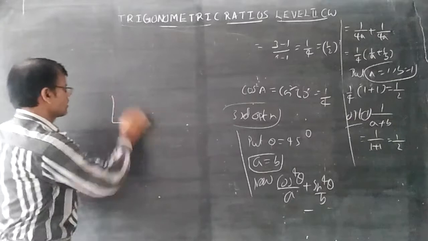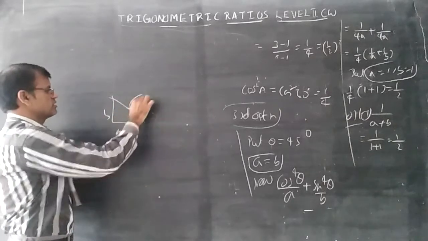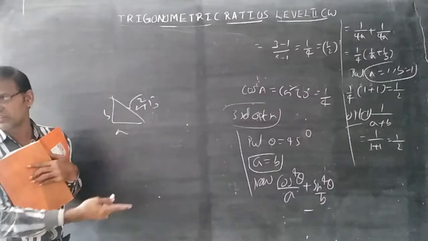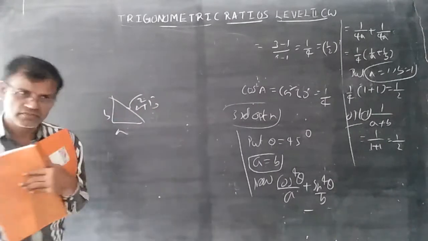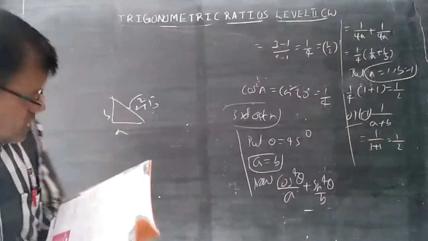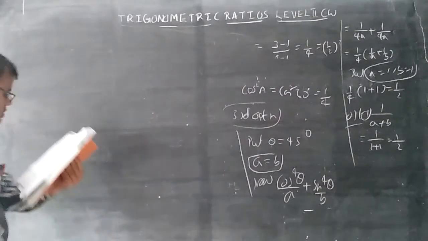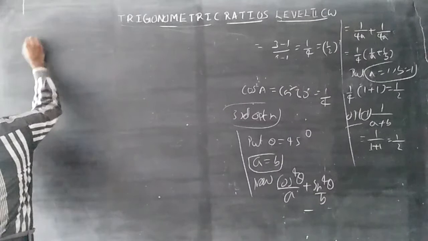According to that, you have to calculate tan theta is equal to root b by a. Is there a right angle triangle like this? This is b, this is a, this is root of a square plus b square. According to this, find cos theta, find sin theta, power 4. You will get the answer. So it is not a better way.